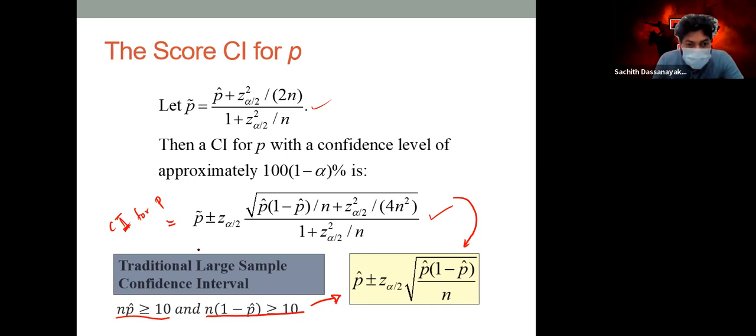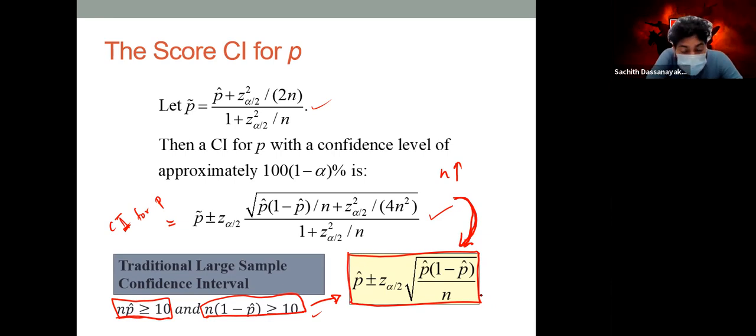But if you check these two values for large n, which means n greater than 40, you will see that this is true, and this is also true. Clear? So by considering everything, as n increases, whatever is inside this box, we can get this equation to calculate the confidence interval for population proportion.